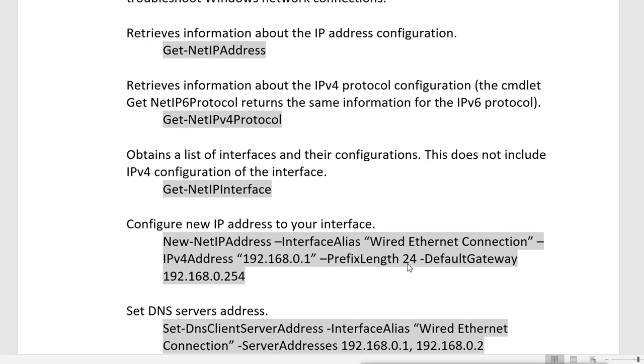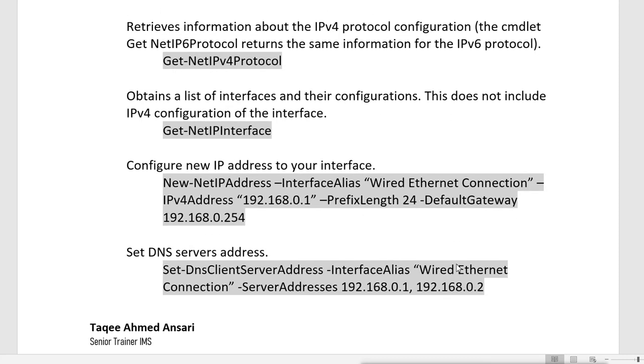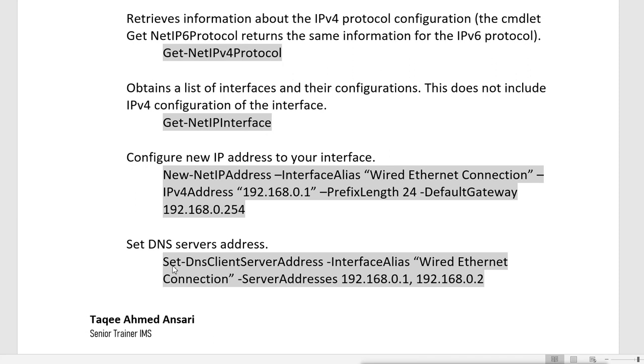This is what /24 is. It is like in the subnet mask 24 bits are on. Then you can mention the gateway like this. And if you want to configure the DNS server, then you will use Set-DnsClientServerAddress with the interface alias, where you mention the interface name, and then the server address option with the addresses of the DNS server, whatever the server address we have.